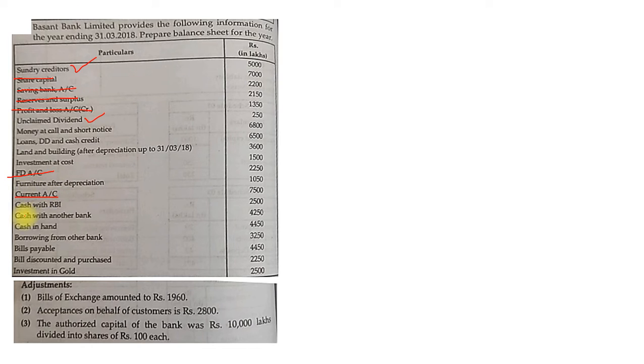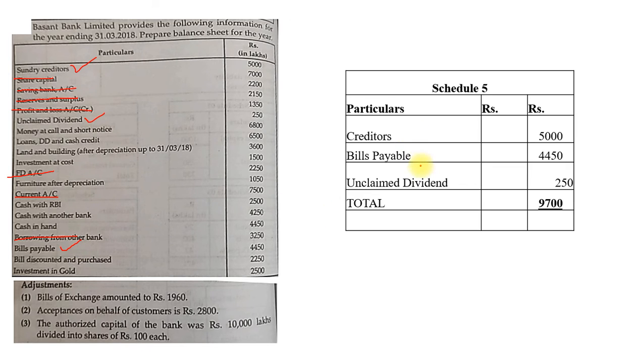Current has been done. Cash is not coming here. Borrowings has been done. Bills payable, yes, that's a liability. The bill discount, it doesn't come here. Investment doesn't come here. So I can see three things: creditors, unclaimed dividend, and bills payable, which come under other liabilities. So creditor, bills payable, unclaimed dividend, 5,000 plus 4450 plus 250 comes to